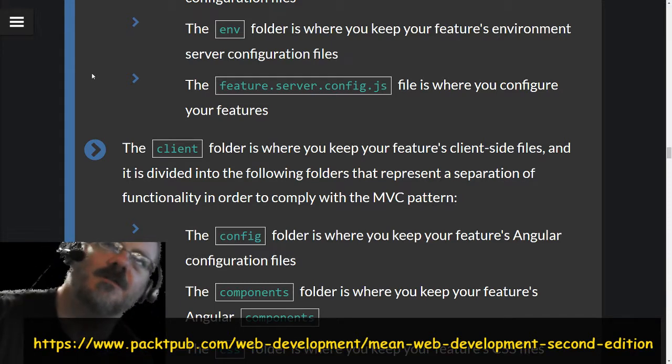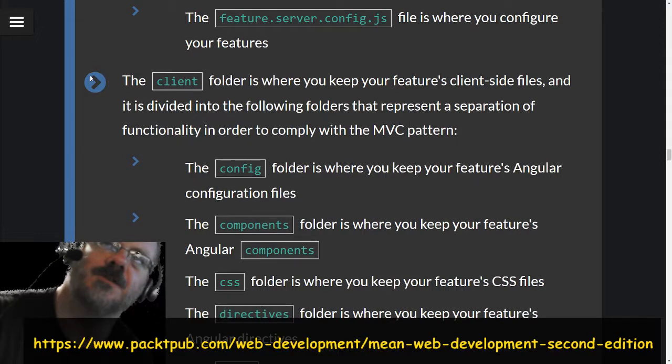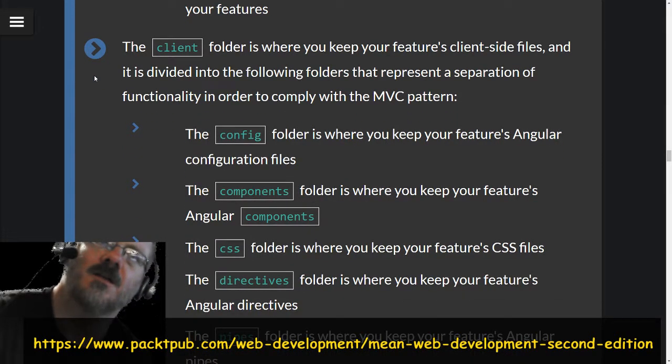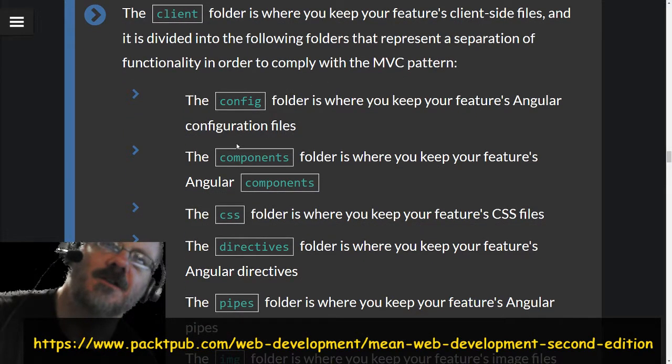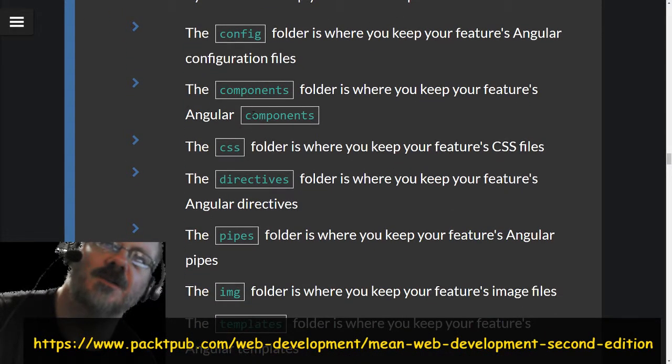Environment variables, feature server configuration JavaScript. Okay, now the client folder is where you keep your features client-side files, and it is divided into the following folders that represent a separation of functionality in order to comply with the model view controller pattern. Configuration, components, Angular components,